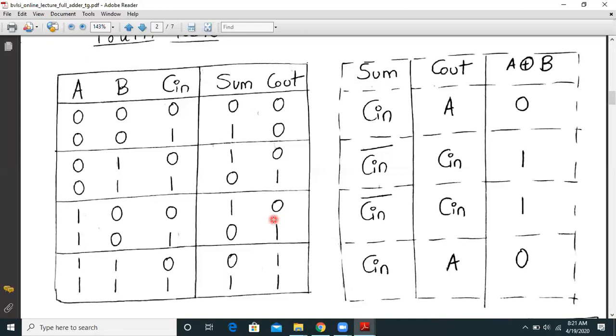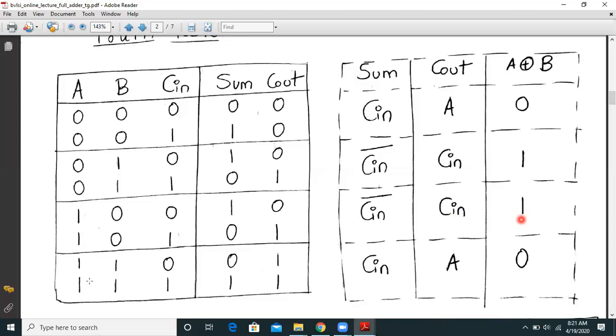So what we can write over here, sum is equal to Cin bar, Cout is equal to Cin, and A XOR B is equal to 1. Why is A XOR B 1? Because A is 1, B is 0.